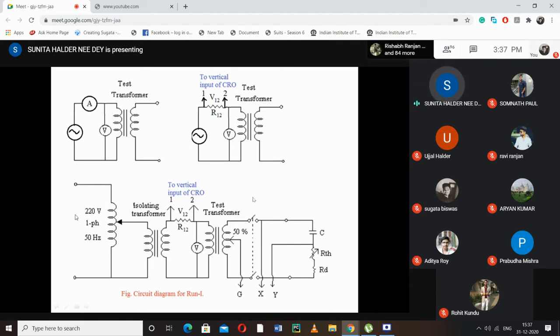What is the use of isolating transformer? You will not see this isolating transformer in other circuits, but it is required when we are observing any waveform in the oscilloscope, and we are observing very low current, so there should not be any mixture of the signal with other signals. For that reason, the isolating transformer obviously will not make any voltage step up or step down, so the turns ratio of the isolating transformer is 1:1.